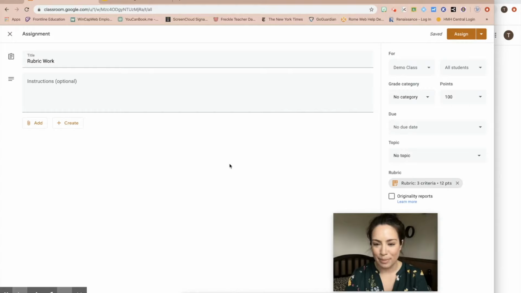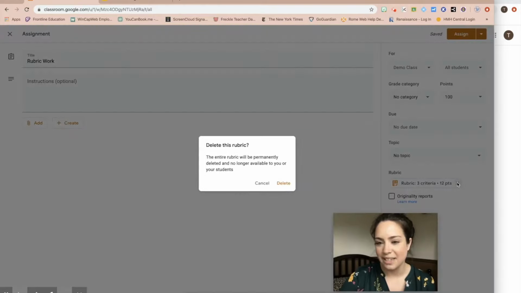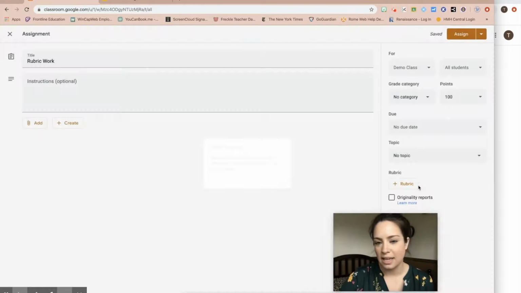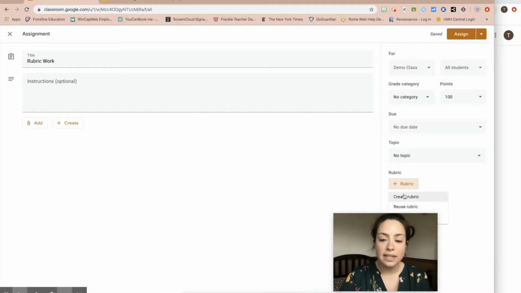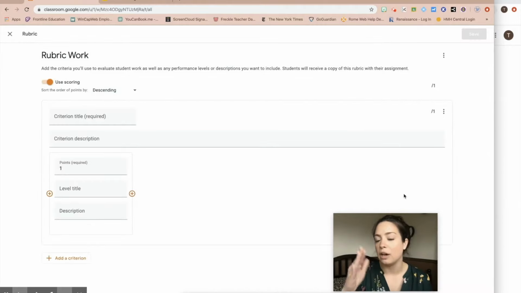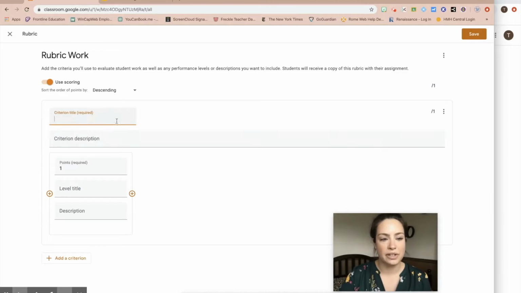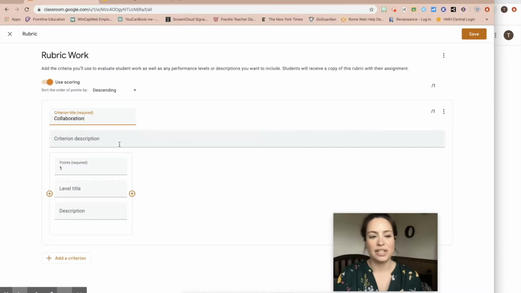So now let's build one. So I'm going to delete this attachment and create one. And it's nice that you can create one right on the fly. So this was a brand new assignment that I created, and I can make a rubric just for that assignment really easily. So it doesn't matter how you attach it. So here's that criterion title. So I had it for collaboration, I believe was my first one, but either way, that's just the criterion title,